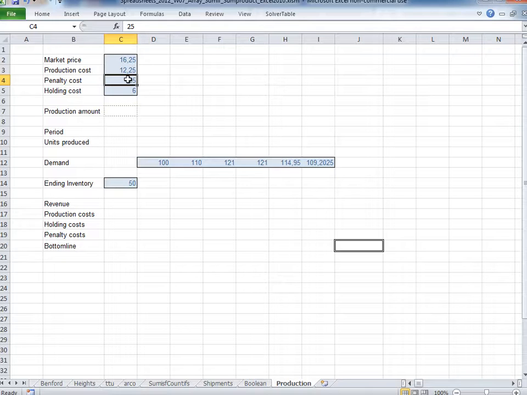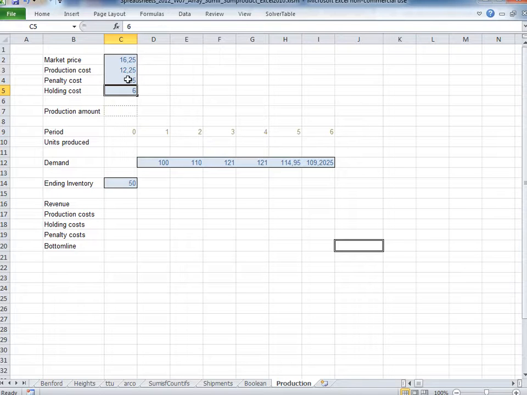Now there's also something called holding cost, which means that we have a number of periods on which we're producing. Let's write them down in here. So period numbers are 0, 1, 2, 3, 4, 5, 6, and the holding cost means that if we have too much of inventory at hand, we have to retain it in some kind of a storage. We have to pay for different costs like heating, handling, or some kind of loss of goods,